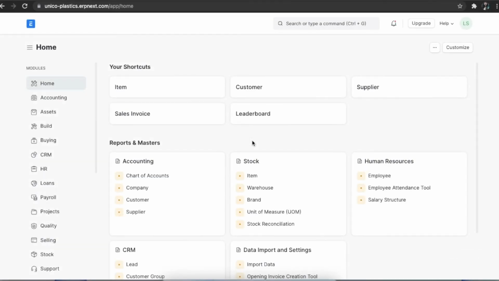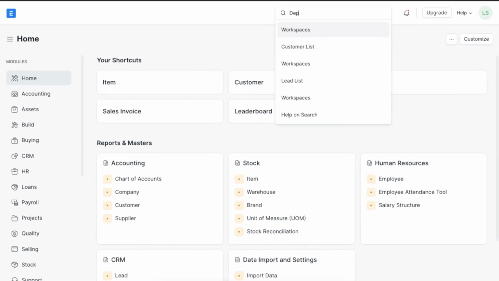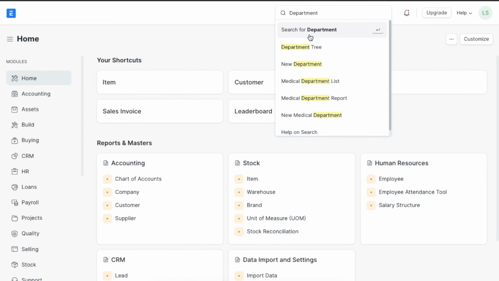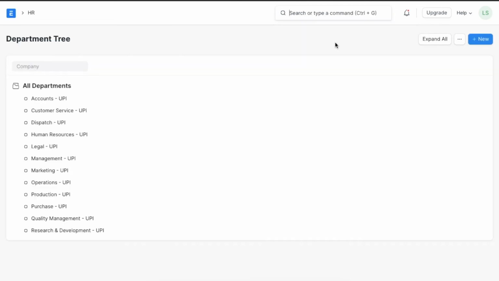A department is essentially a team that carries out specific tasks within your organization. For example, a sales department works on closing deals and orders for products and services that your organization might offer. An HR department will deal with hiring and employee data. In ERPNext, the department list is shown in a tree structure. We can create departments and sub-departments. Here's an example. We can configure the departments in the organization, block leaves for specific departments, and set leave, shift, and expense approvers for the employees in each department collectively.